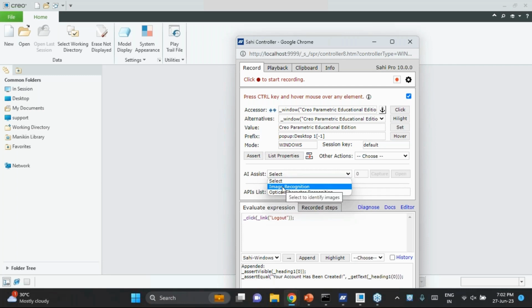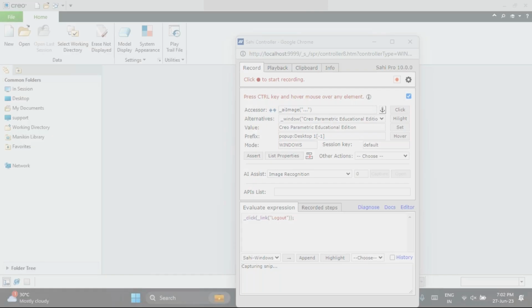First of all, we have some strings and some icons, right? So we'll try to create snips out of icons. You select image recognition and click on capture. It will automatically gray out your screen, and then you have a plus type of icon wherein you can snip any element, any icon of your choice. So let me create a snip for this